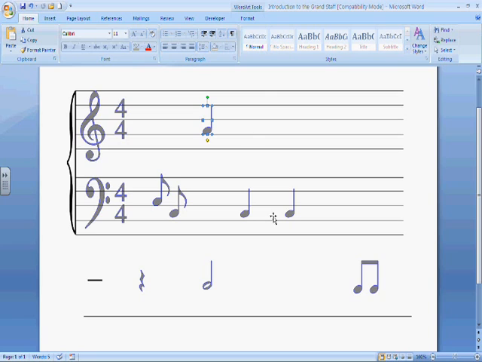Now, like I said, people get confused because they see this is a higher section, this is a separate section which is lower, and they think it should be completely independent, and it's not. When you read through the grand staff, the beat goes all the way across this way, utilizing the low notes and the high notes, all the way across. Now, when you're working on certain music programs, like, say, for example, Finale, or Sonar, which is part of Cakewalk, or Sibelius, or any of the other music programs,